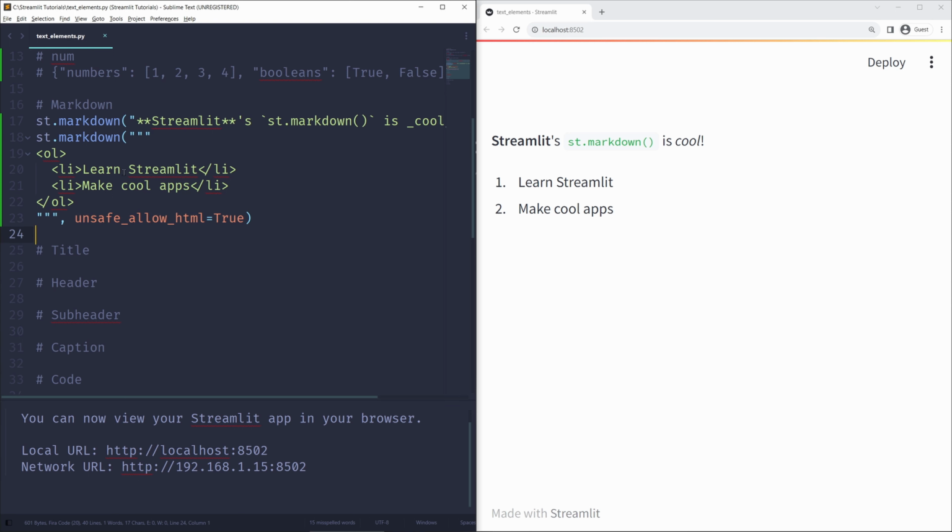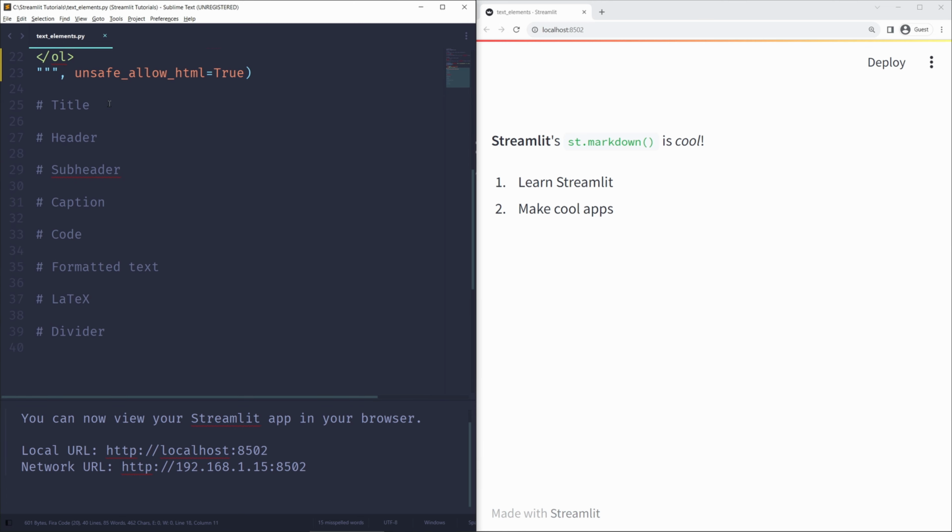So that's one of the things you can do with st.markdown. The next 4 functions that we're going to talk about go pretty similar to each other. So we have title, header, subheader, and caption. And essentially what they do is they all just display different styles of text. So title, of course, is the biggest, followed by header, subheader, and caption is generally for explanatory text for different